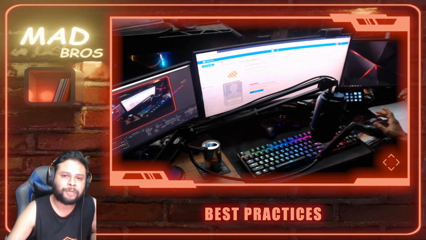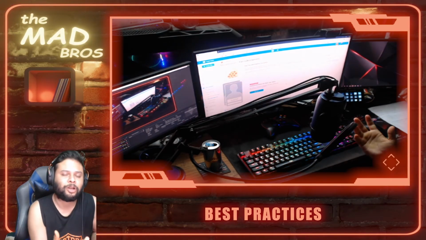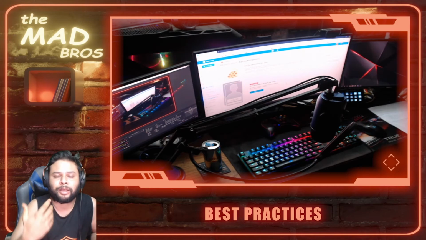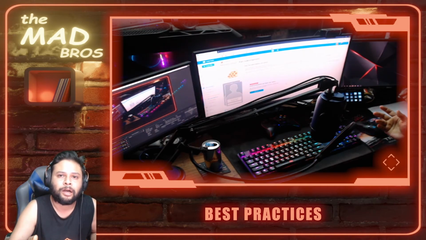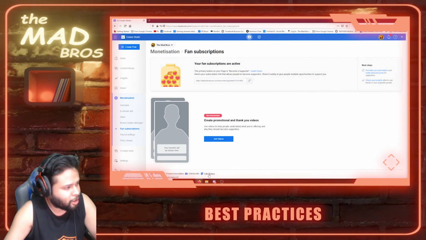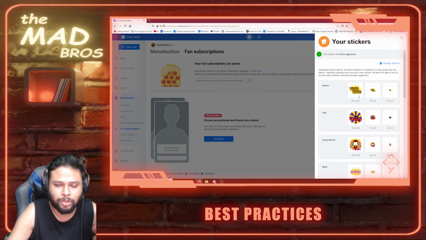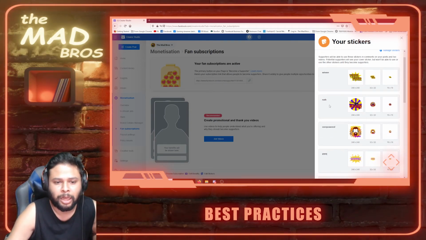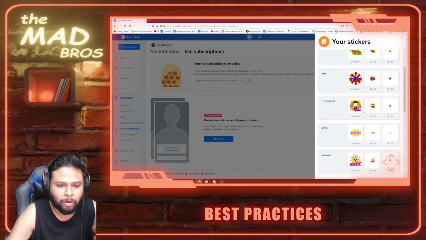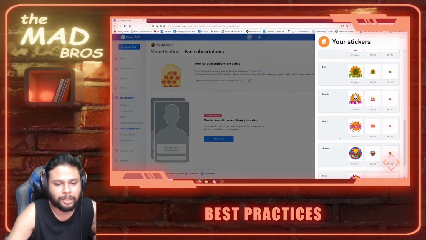And on top of that, one of the very important features or benefits of a supporter is that you can upload custom stickers for them. Right here I have already uploaded a lot of stickers, so I just click on edit the stickers. See, I have this winner chicken dinner sticker, a rust sticker, an overpowered OP sticker, a hype sticker, headshot stickers, and GG, frag, fatality, and so many stickers.